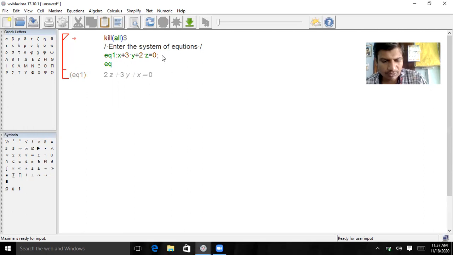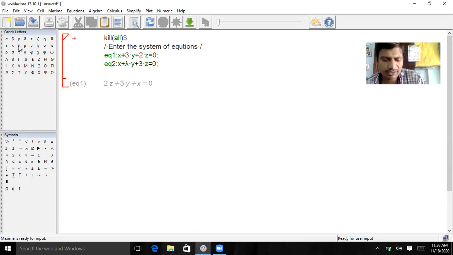Next go to the second equation. That is equation 2, then colon. What is equation 2? That is x plus lambda y plus 3z equal to 0. It is x plus lambda y. You take the lambda symbol like this. This is the lambda. Okay. Lambda of y means lambda star of y. That is lambda y plus 3z, 3 star of z. Okay. Next, equal to 0. Semicolon. Only you press the enter.